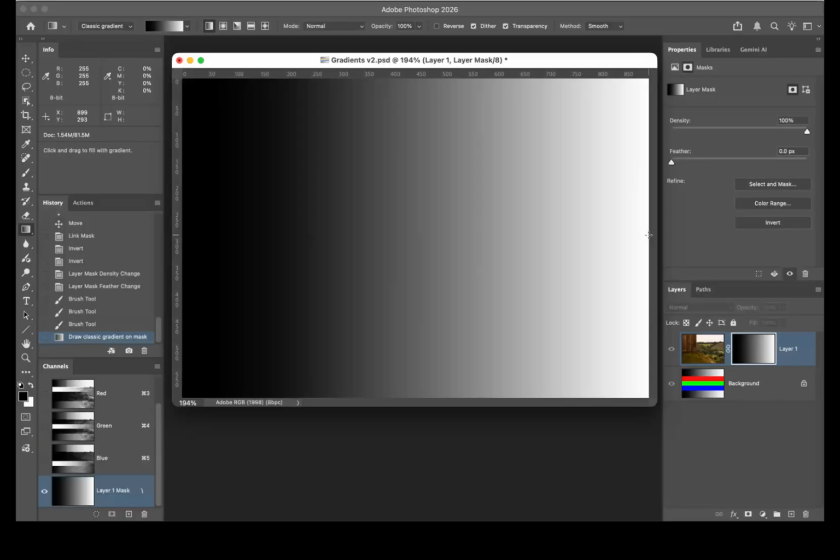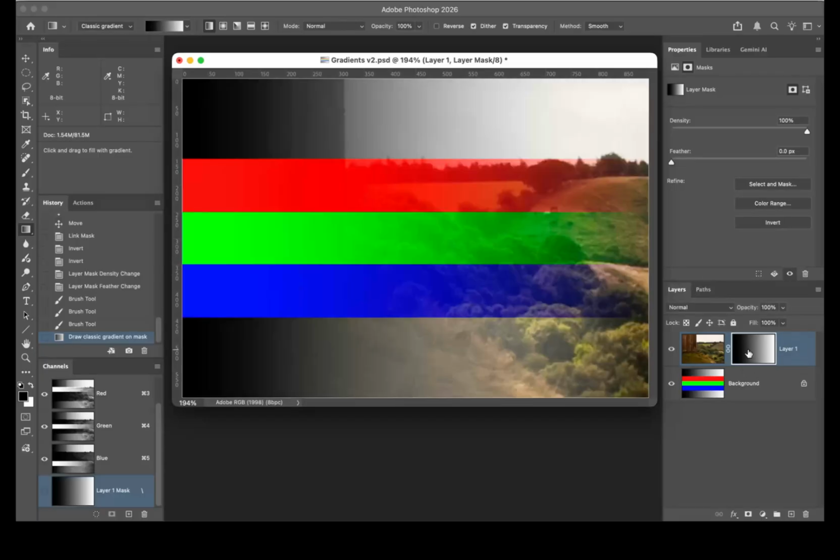And so what's happening now, again, I don't see anything because I don't have any of my eyeballs on. I just had the gradient visible because I had the options on it. So hold down your option key and click on the gradient again, and now you will see everybody. So what's happening in this now is that with my black edge of the gradient right here, on my layer